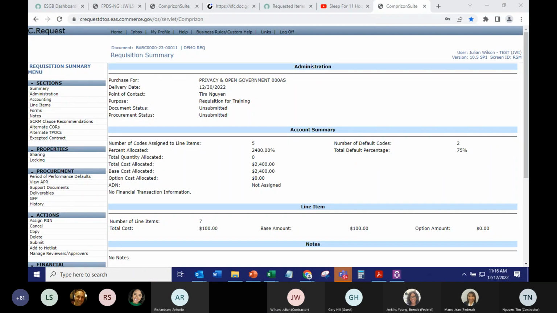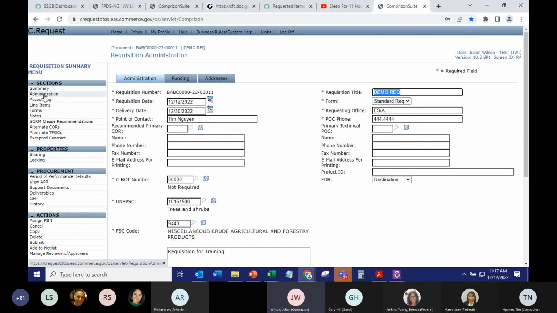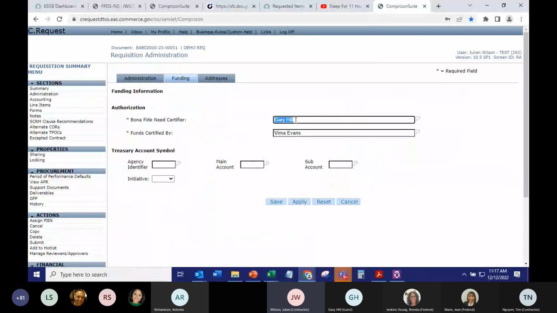All right, perfect. So you've created your requisition, you got everything set up. Now you want to get your managed reviewers and approvers set up. The first thing you want to do is go back to your administration screen under funding, and you want to make sure that your bona fides needs certifier and fund certifier are present. And again, you want to use the